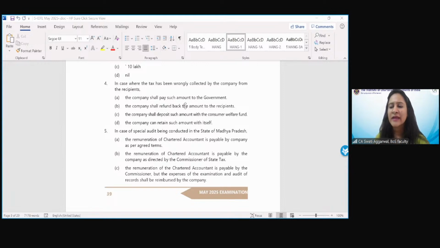It says that every person who has collected from any other person any amount as representing the tax under this act and has not paid the amount to the government, then he shall forthwith pay the said amount to the government, irrespective of, please mind my words, the law section 76(1) says, irrespective of whether the supplies in respect of which such amount was collected was taxable or not.